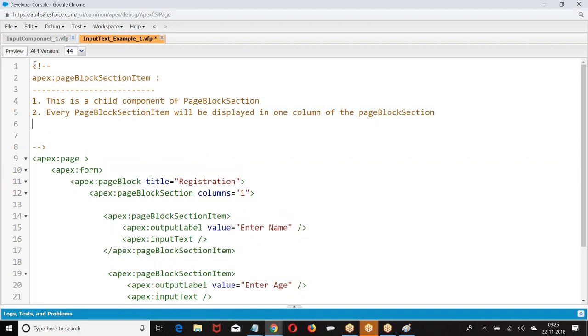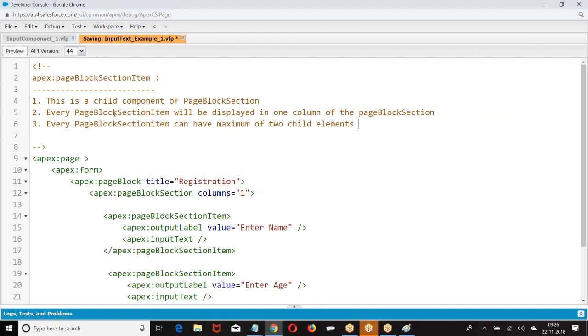Every page block section item will be displayed in one column of the page block section. Every page block section item can have a maximum of 2 child elements. Maximum of 2 child elements.